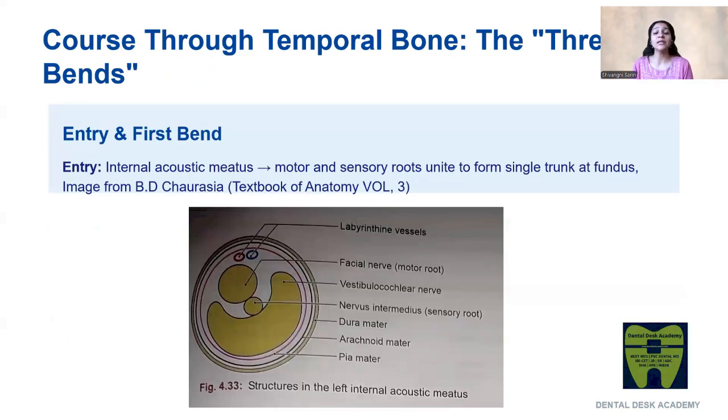Now let's talk about the course. So facial nerve has two courses, an intracranial course and an extracranial course. So let us begin with the intracranial course. So the first part of the intracranial course begins in the internal acoustic meatus. So what exactly happens? If you can